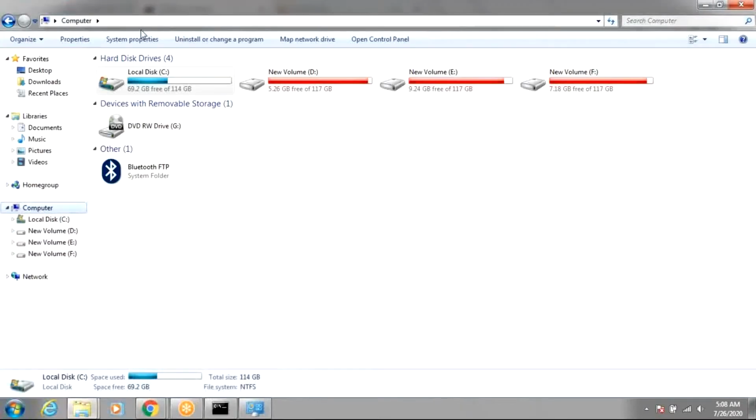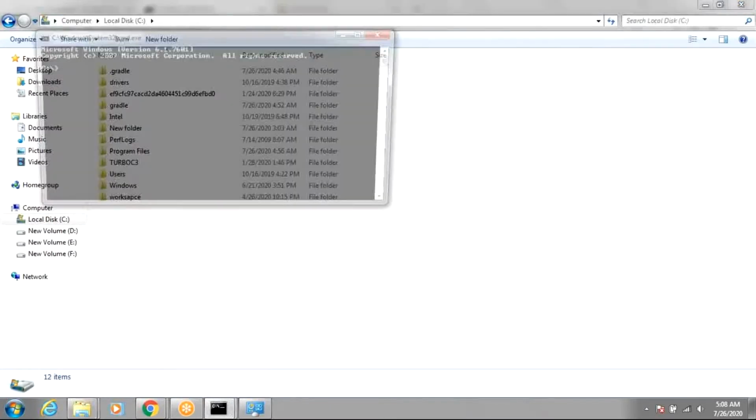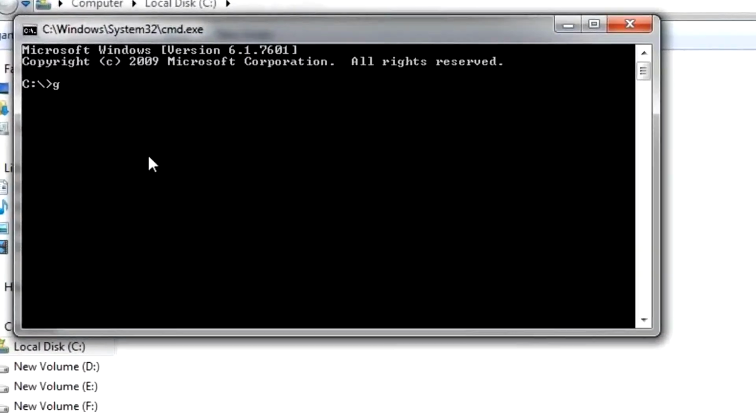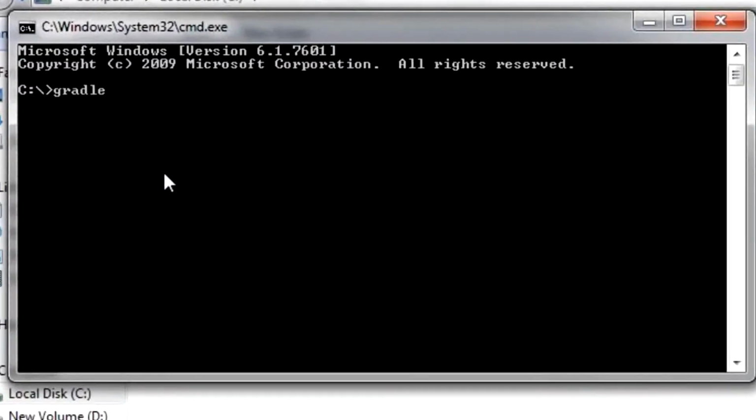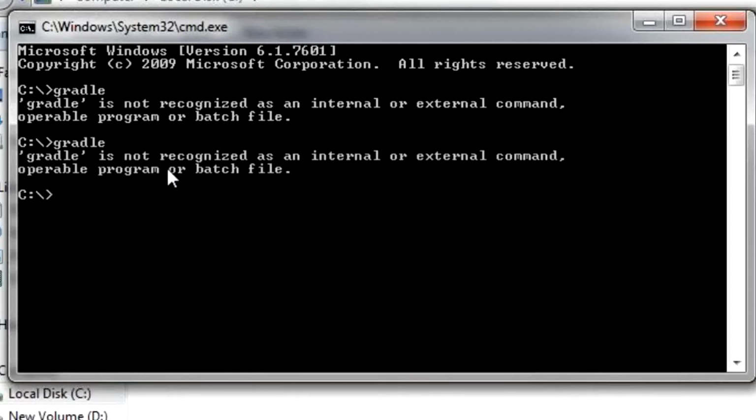Now let me go to the C drive and type cmd, and if I type gradle, then we must see some response. I have probably written the wrong spelling, or did I make some mistake?